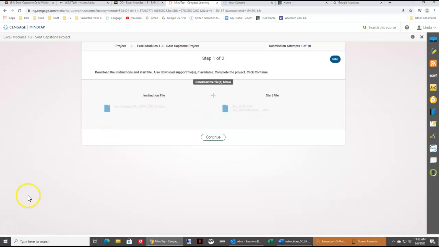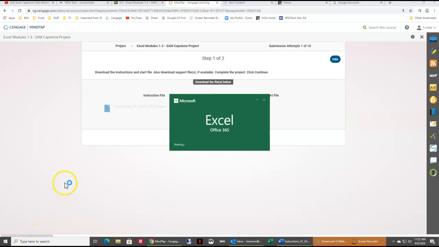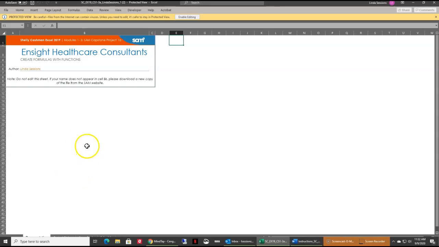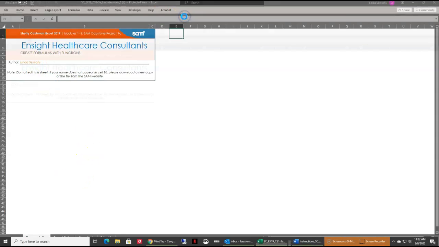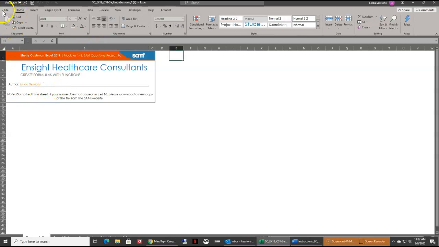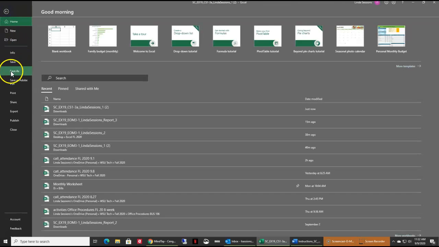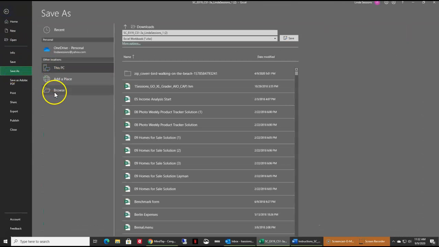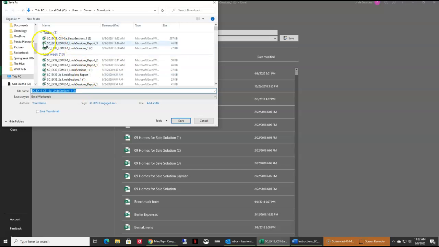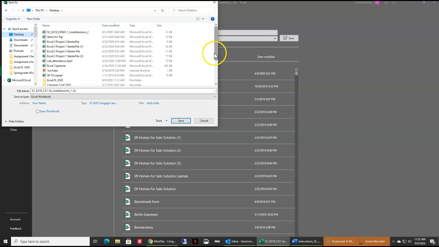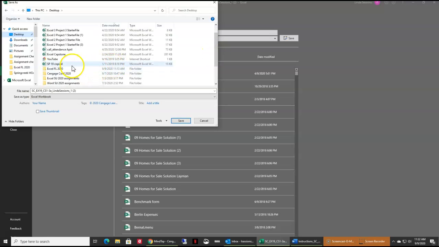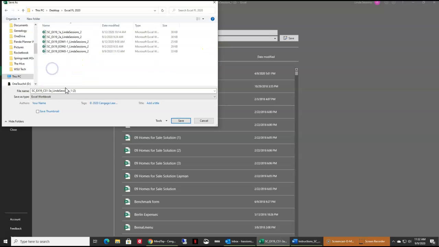I'm going to download the starter file. Remember that you need to enable editing. You need to make sure that you save the file. Save as. I'm going to browse. Remember where you save your file at. I've been putting mine on my desktop in my Excel folder. And then I'm going to change this and make this a 2 after my name